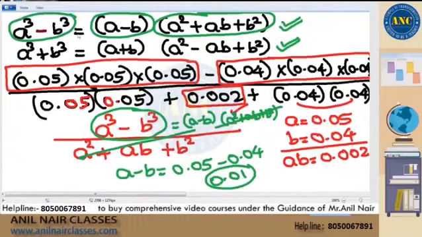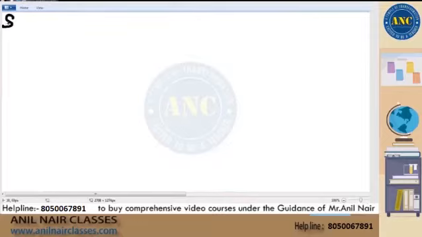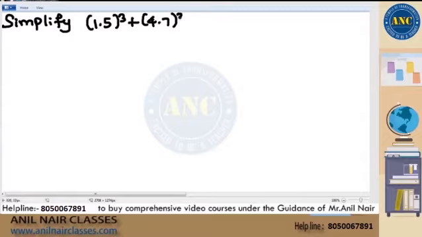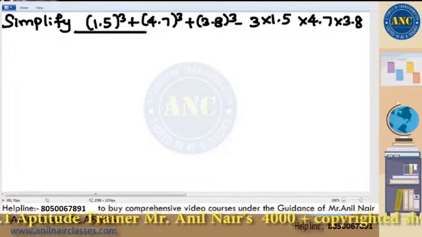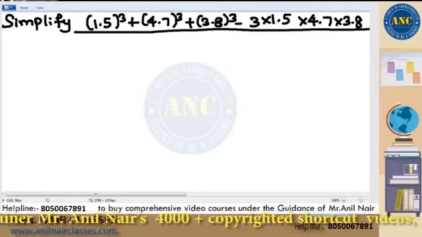Suppose your question is simplify. I am writing the question exactly how it is given. Simplify 1.5 cube plus 4.7 cube plus 3.8 cube minus 3 into 1.5 into 4.7 into 3.8, whole thing divided by